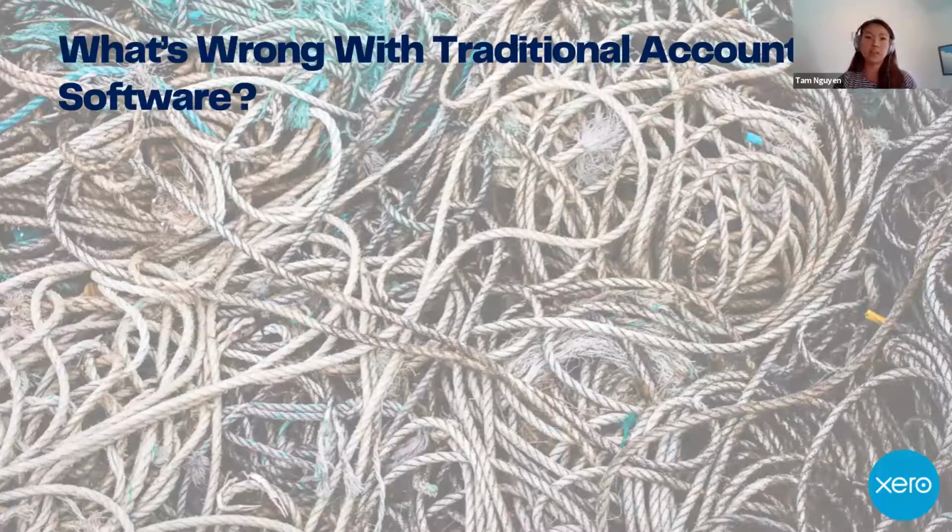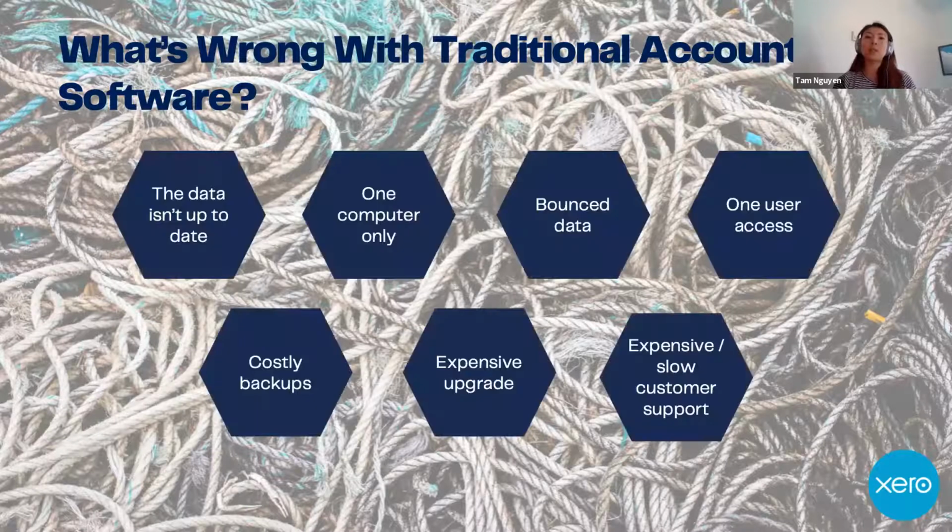Within the accounting industry itself, some of the major issues are that the data in the system isn't up to date, neither is the software. Information isn't feeding directly into your accounting system in real time. You have to find time to enter the data yourself, and oftentimes you're busy and can't do it. And if you have a question for your accountant or bookkeeper, it's hard to get a timely answer because your accountant doesn't actually have access to your accounting file. It's hosted on a desktop solution. That's one of the problems with traditional accounting software.